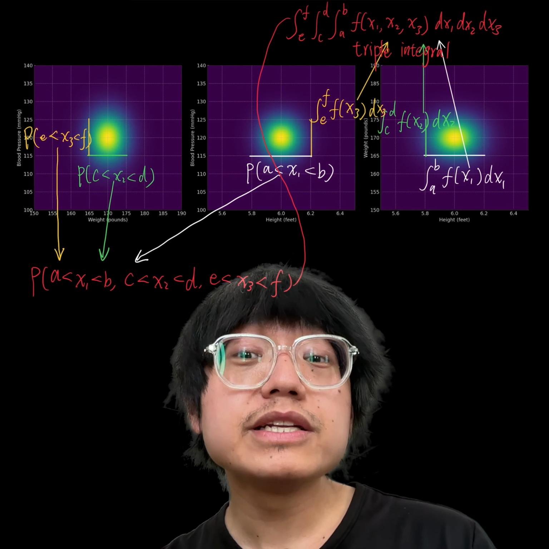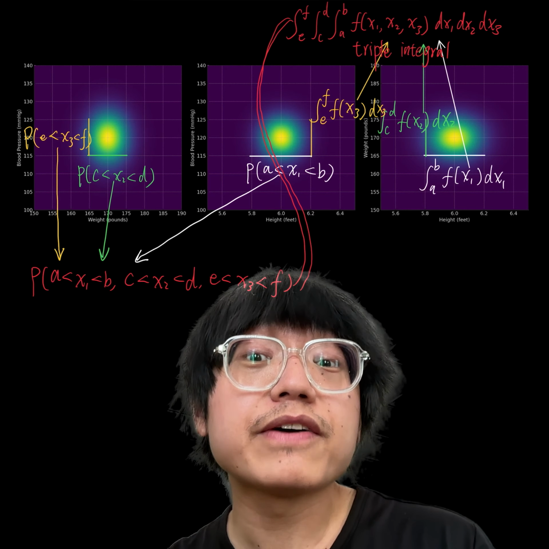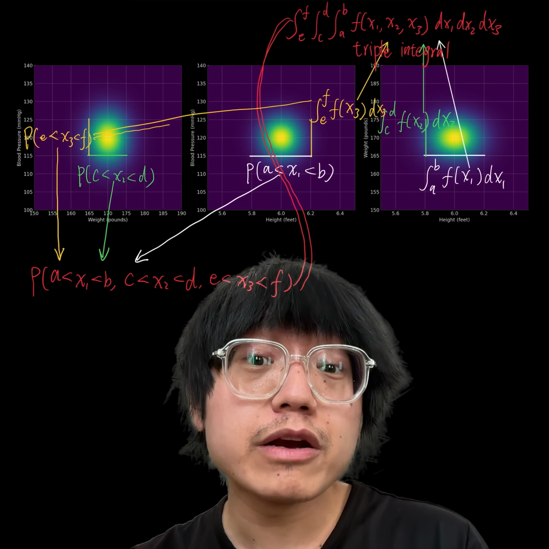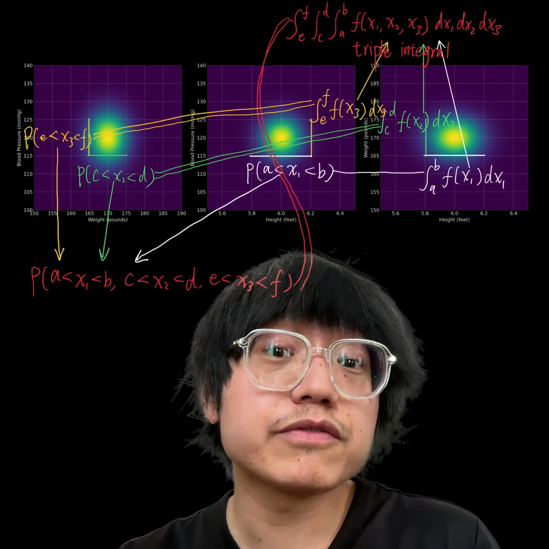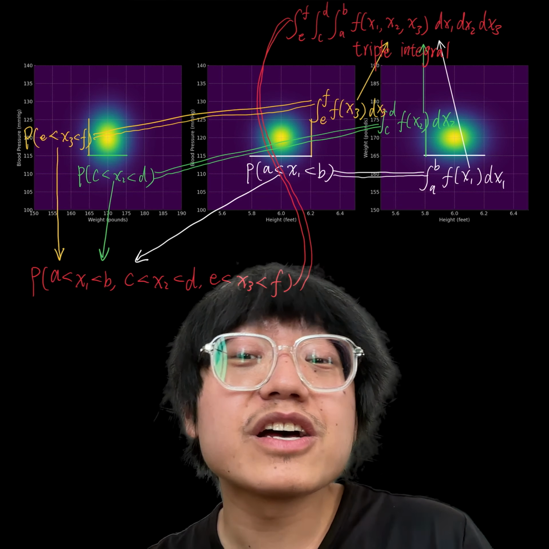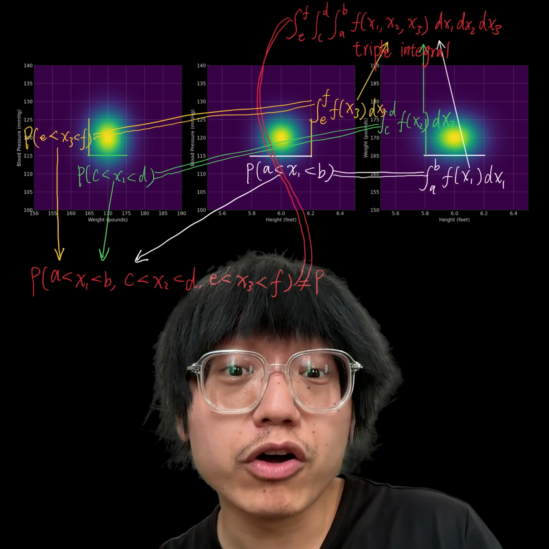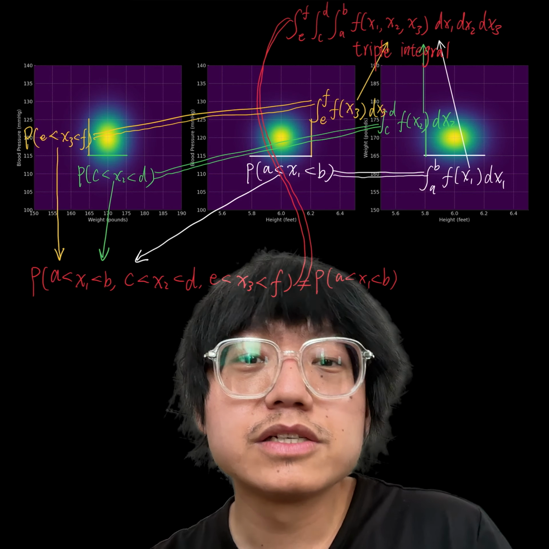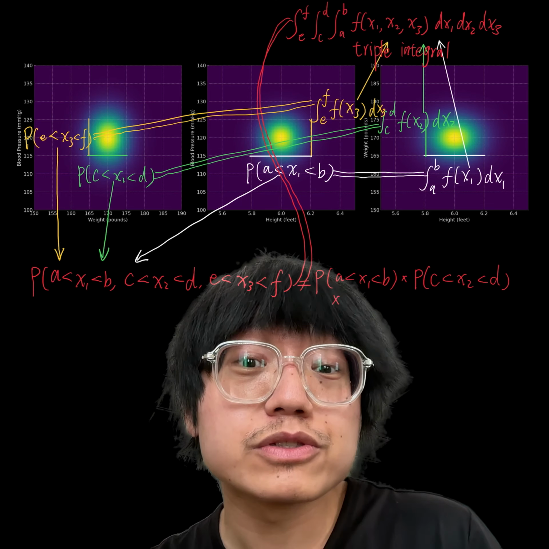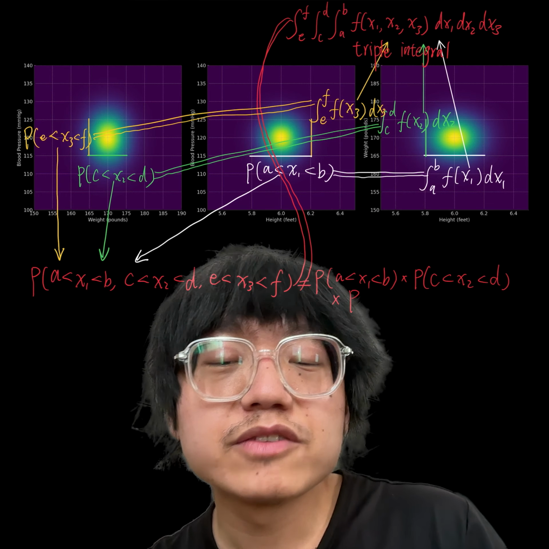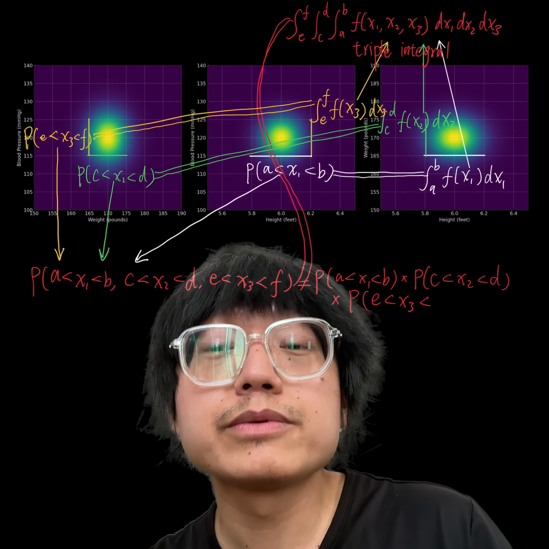When we try to compute the joint probability for specified ranges across these three variables, we would calculate a triple integral over these respective intervals. So this operation sums the density over a defined volume in this three-dimensional space. So this formula represents the total probability of observing values within these specified ranges for height, weight, and blood pressure